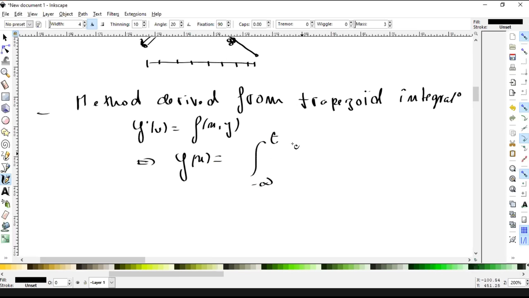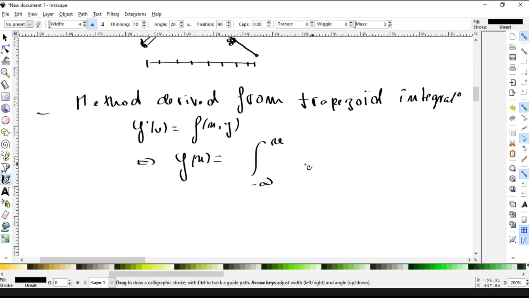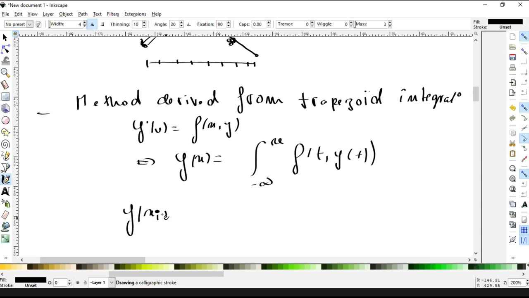This is the definition of a primitive, of f of t, y of t. Now, if I take y of xi plus h, this is the integral from minus infinity to xi of f of t, y of t dt,